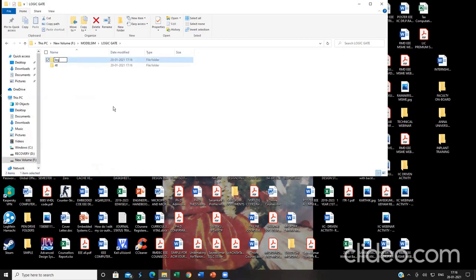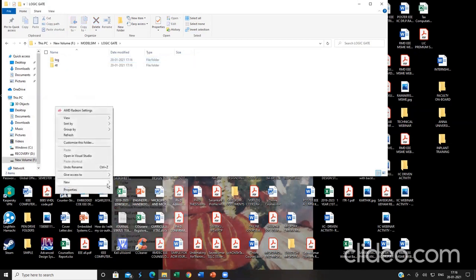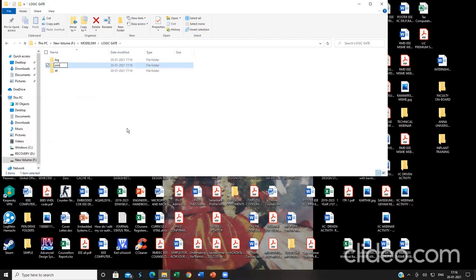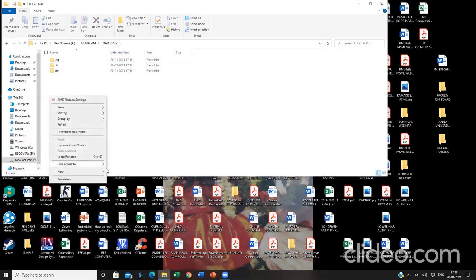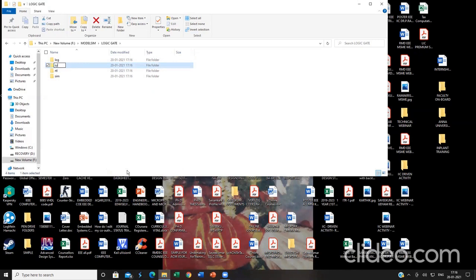Log, Sim means simulation, then SYN, synthesis. The computer will be recognizing these 4 folders, but they must compulsorily be present within your main folder, that is, within the folder of the hardware circuit you are going to design using ModelSim software. Now you have created 4 folders. The names must be the ones told in this video.